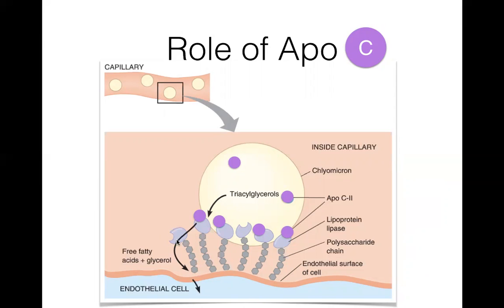By itself, it is inactive. It requires the presence of ApoC to have the fully active enzyme. So when ApoC is bound to lipoprotein lipase, that's the only time that the lipoprotein lipase will hydrolyze the content